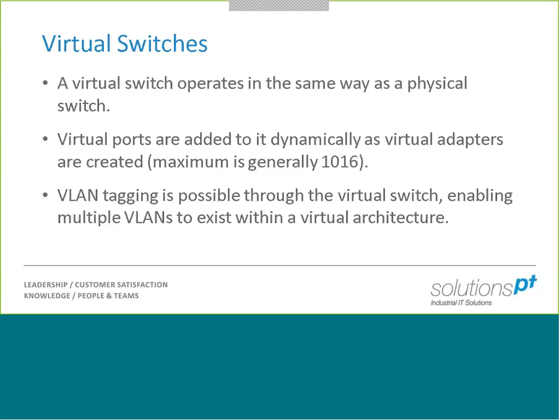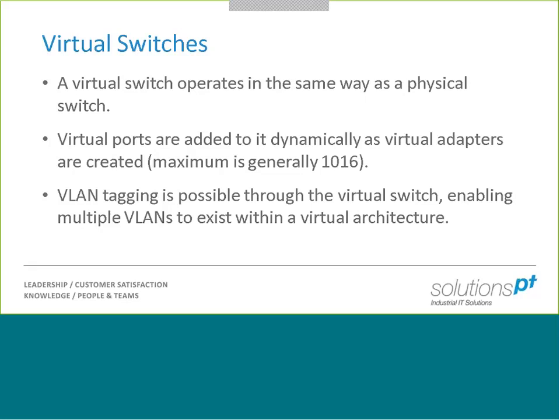Now, the only thing I would say, when we first create a virtual switch, we are essentially creating a switch with no ports on. So in the physical world, we've got to decide, do we want an 8-port, 16-port, 24-port, 48-port, or whatever. In the virtual world, when we create a virtual switch, to start with, there are no ports allocated to it because we've got nothing connected to it. If we were to then create a virtual machine and create a virtual adapter and assign it to that virtual switch, then we've just created a new port on that virtual switch. It now has 1 port.